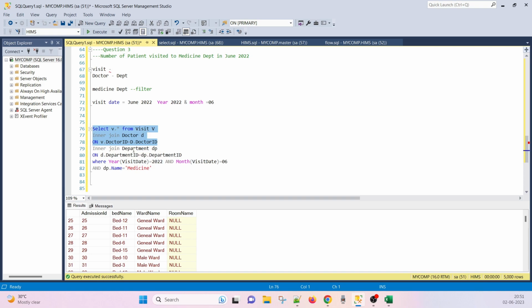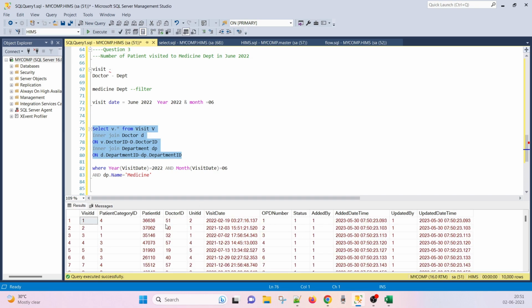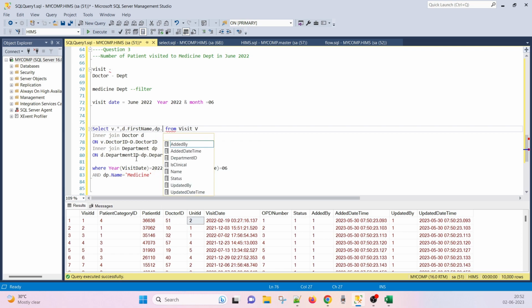And then doctor has the department ID, then you have to connect with the department table and it will give us the complete information about the visit, doctor and department. So if you see D dot F name, I am not adding the last name for the time being, and dp dot name. So what you will get